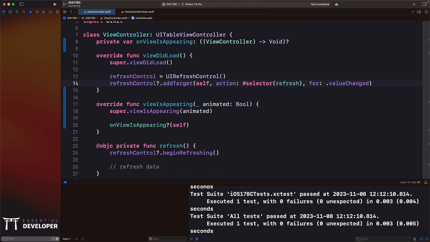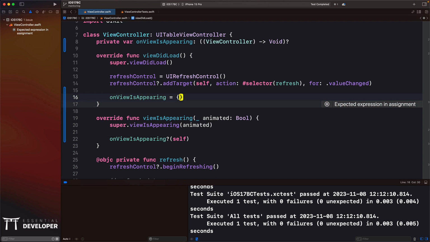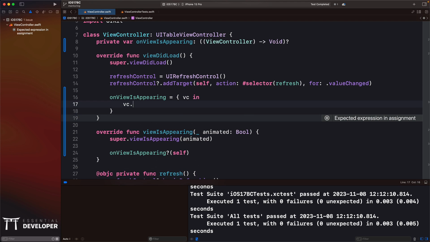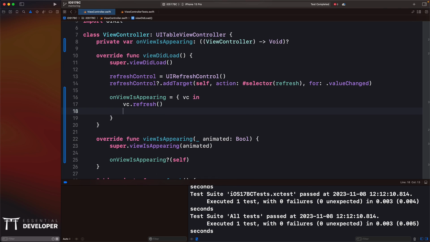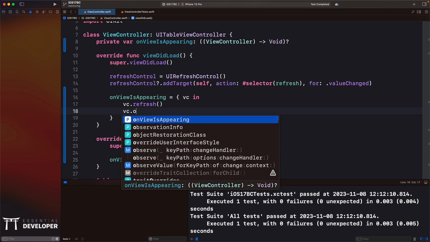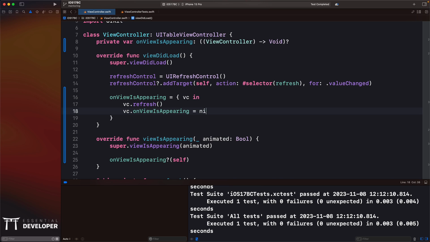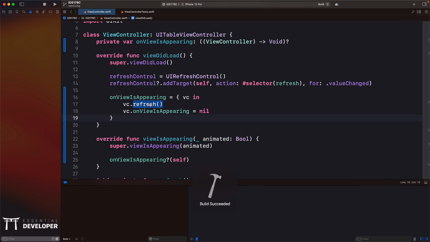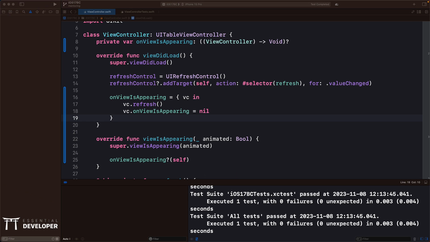So you can move the configuration, what happens on view is appearing, to the view did load. Example, vc.refresh. And if you want to run this only once, we set the on view is appearing to nil. So the next time view is appearing is called, there will be no closure set. Run the test, still passes.